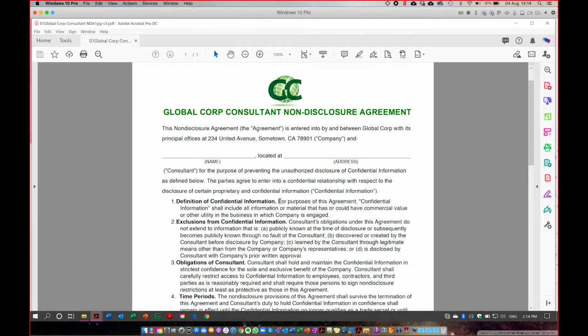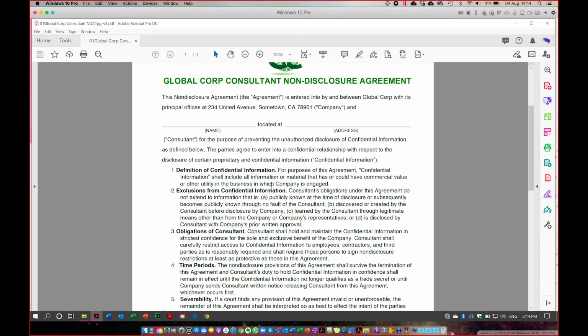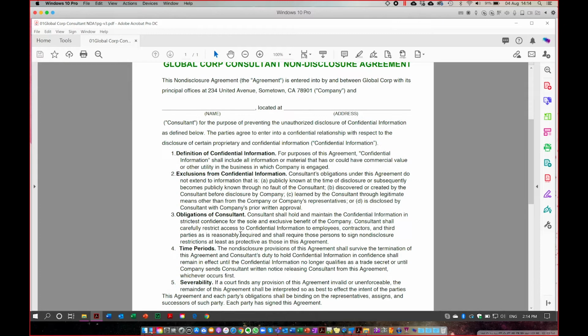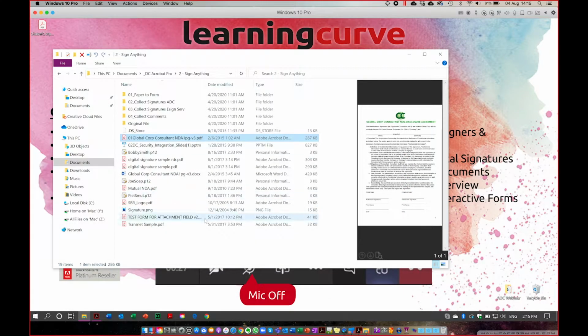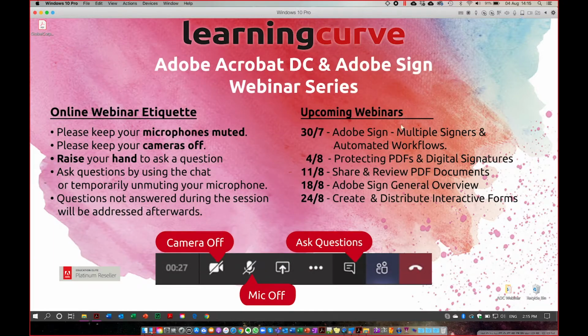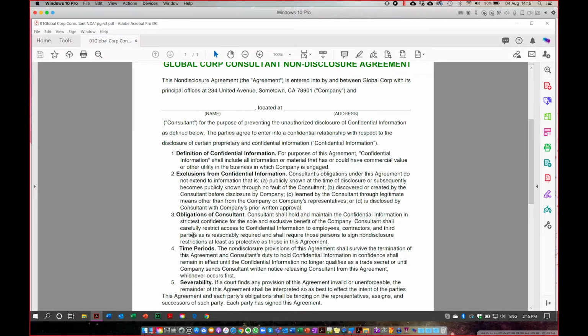Right. And let's say, for example, I need to fill in the information on this document. So there are multiple ways to do this. One would be to create an interactive form, and that we will be covering in a session on the 28th of August. So that'd be specifically for interactive forms. We're going to be covering that there. But this might be a once-off thing for myself. So you can choose to